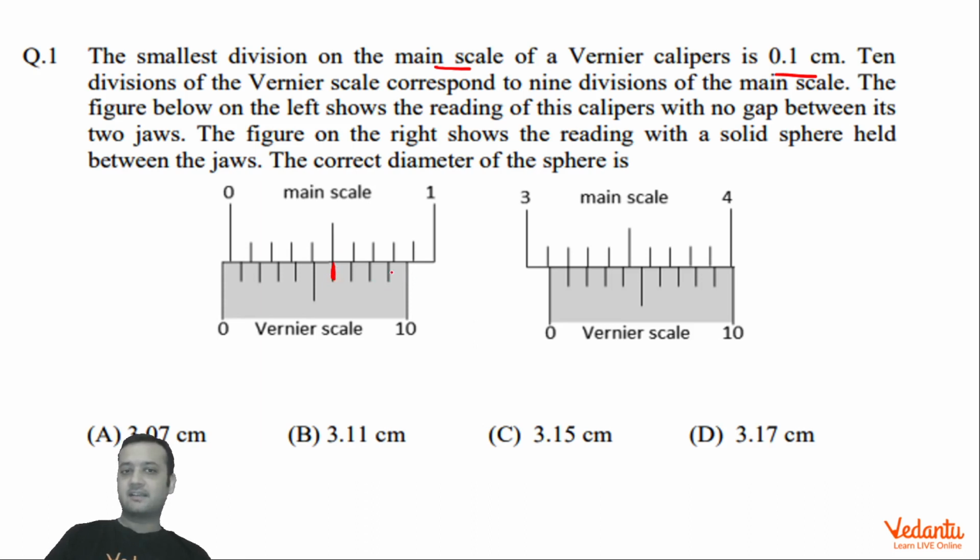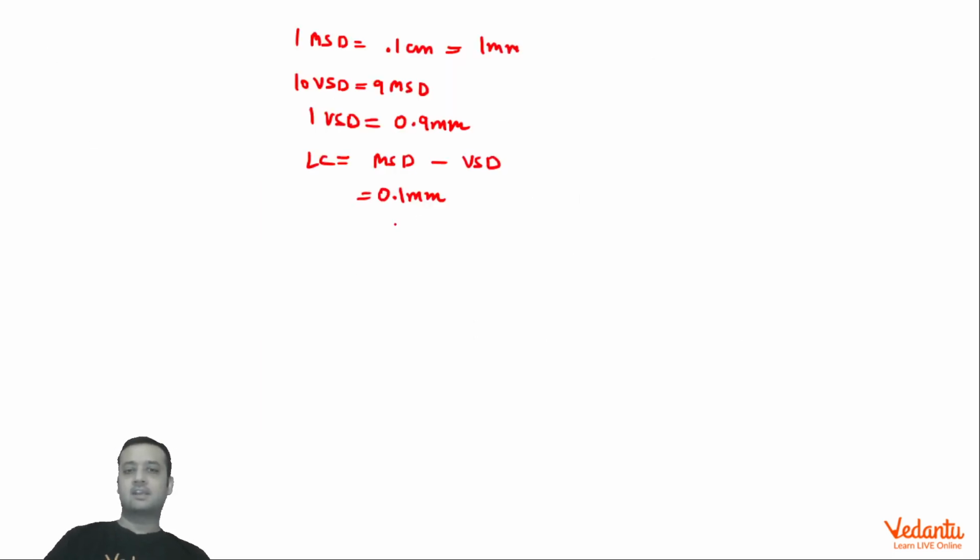In the case of negative zero error, we count from behind. So basically we will take first, second, third, fourth, 10 minus 6 basically. So we'll take the fourth reading. So basically zero error will be 4 into least count, with a negative sign because it's a negative zero error. So this will become minus 0.4 mm, correct? So this is the zero error. Let me write this properly, zero error, right?